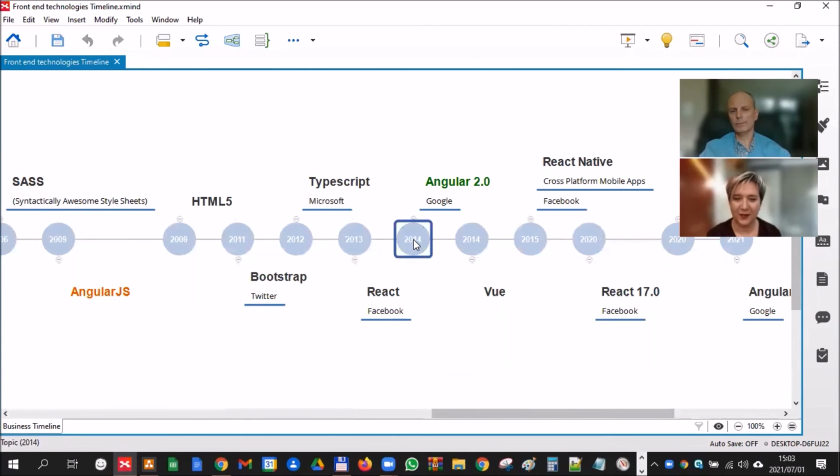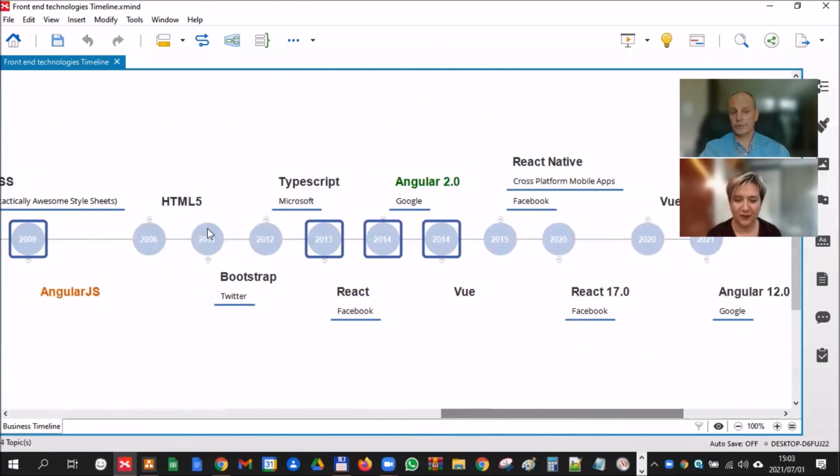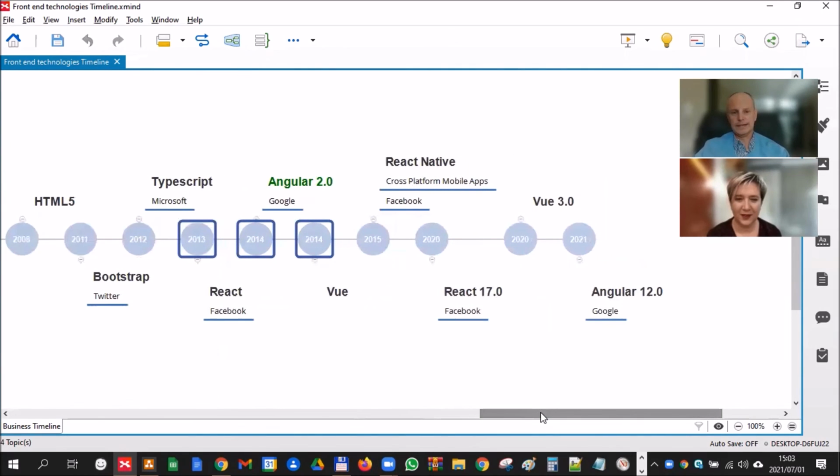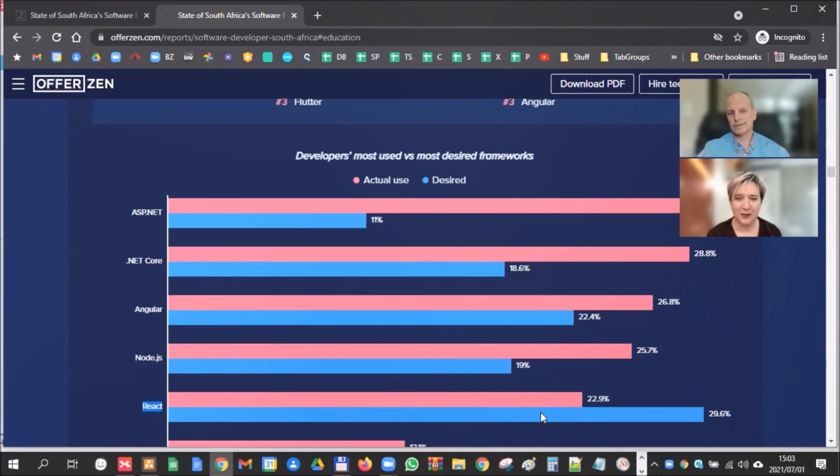All I want to point out here is that Angular had a much earlier start. You had a four to five year lead on the other platforms, which is basically React and Vue. Yes, so the community had a lot of time to establish itself. It's more of the old-school way of doing things. So that's basically the short version of front-end frameworks, where we are and where the market is supposed to go. Whether it's good or bad,